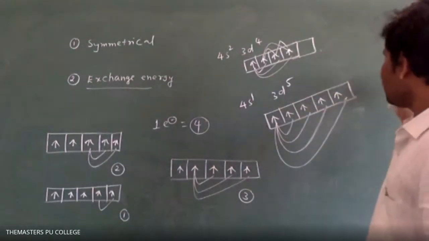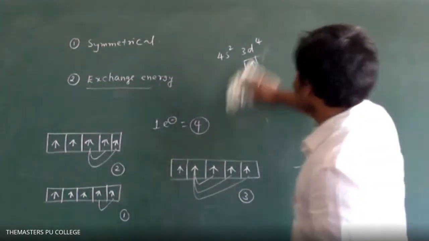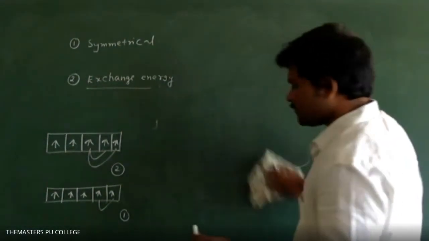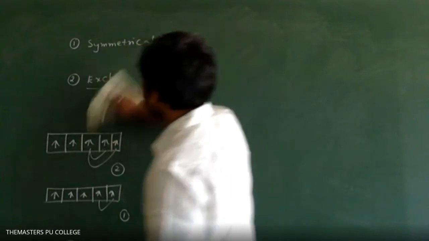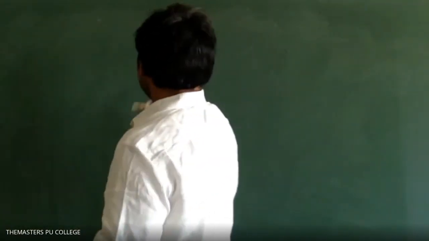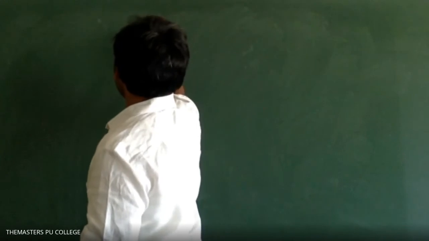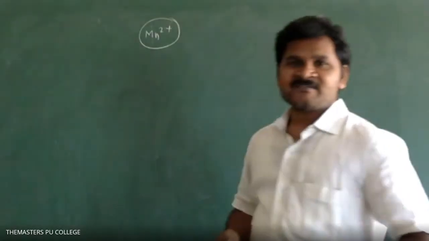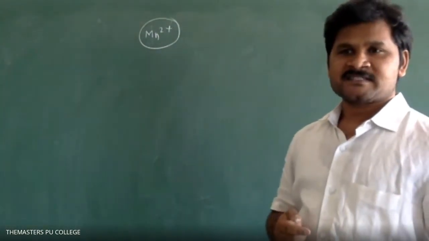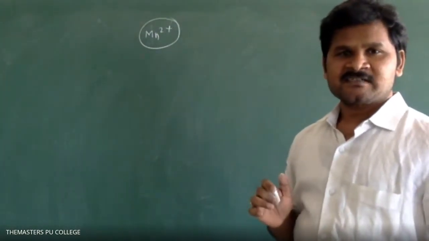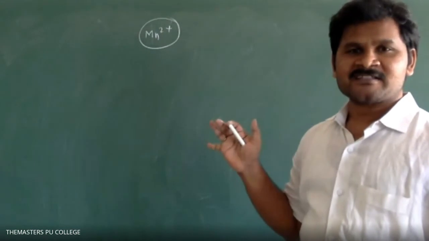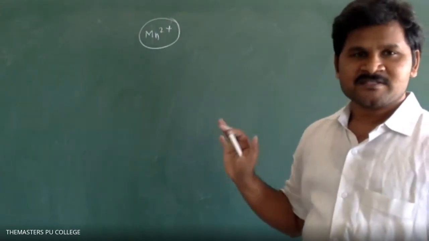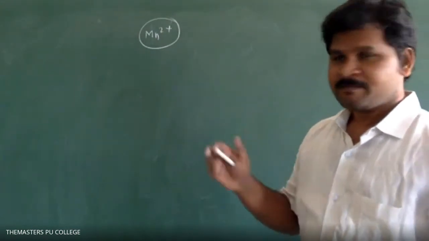Next, one more important thing. Next one you have to say the answer. Listen carefully. What is the electronic configuration of Mn2+? How to write it and how to identify unpaired electrons? This all I will say. Please observe. Next example, say how to write.